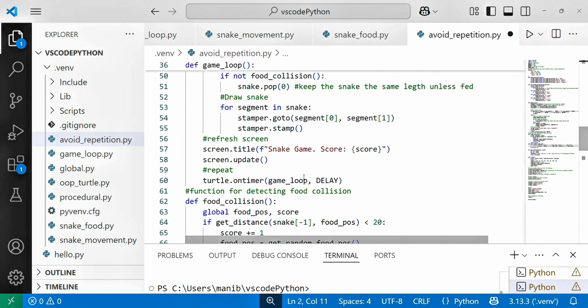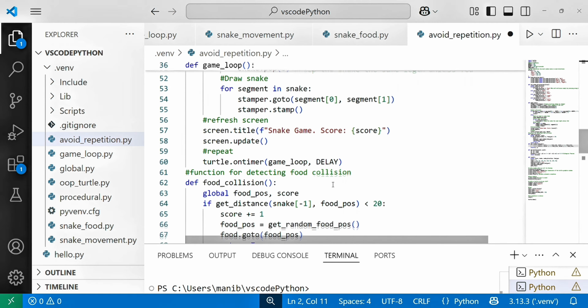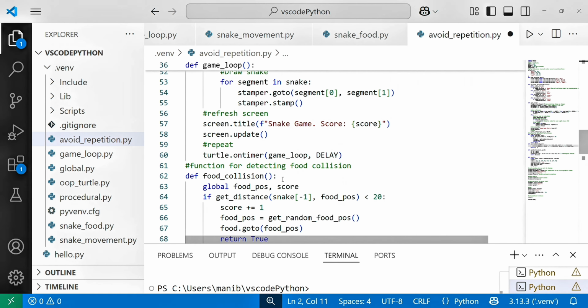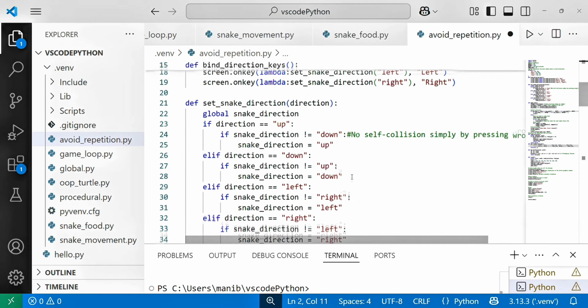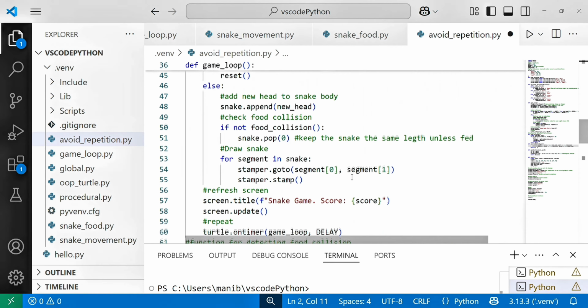From 2 point we make the head of the snake, and refresh the screen, screen.title snake game score, the score variable we are calling, and screen.update, and repeat turtle.ontimer game loop, and then the delay I have given here is 100 milliseconds.